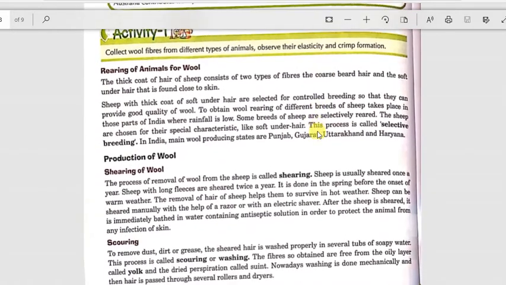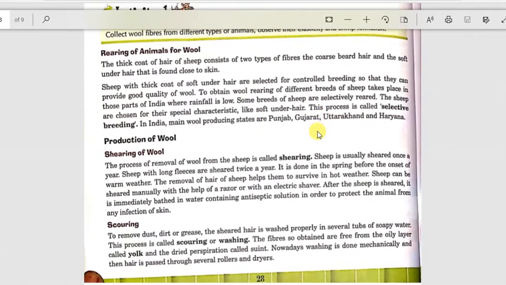Now, rearing of animals for wool. We need to know about the type of wool that we get from animals such as sheep. Sheep have two types of fibers: the coarse beard hair, that is not very soft, and the soft underhair.